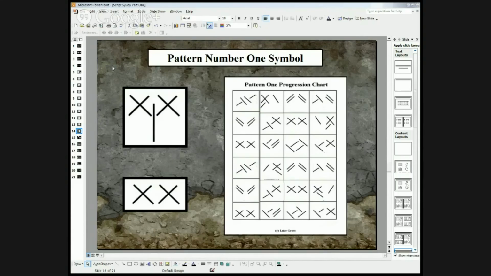But what had happened is that the symbol was placed in the correct location, off of a main trail, a game trail, and things began to happen. And what happened was, if you notice here to the right, it says Pattern 1 Progression Chart. This happened. And Tina, can you go into what happened after